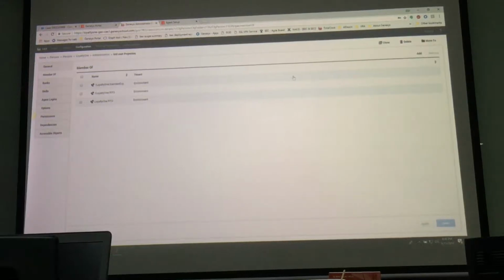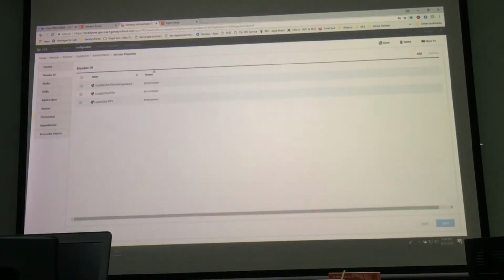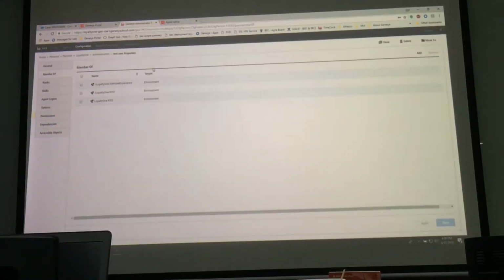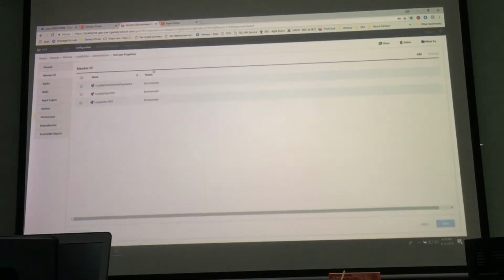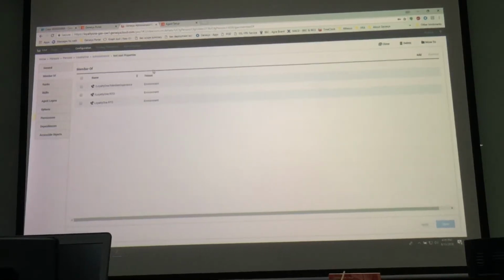Can anybody tell me what these slash groups are? Agent groups. They are agent groups, where the agent is a member. Yep, the agent is a member of these groups, which is pointless for an agent account. But anyways,